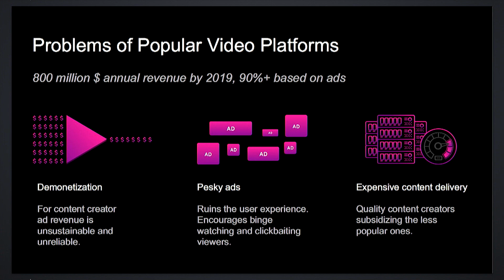And then the third thing is the whole infrastructure. I don't know if you know, but essentially YouTube is the biggest chunk of technology out there. It's so huge. It has exabytes of data, and if you've watched a funny video on your mobile phone of a sneezing panda or whatever, it's hugely expensive for YouTube to deliver this content on your phone when you want to see it. And the most popular creators on such platforms are actually subsidizing the whole long tail of unpopular content creators. But of course, these platforms make these videos available 24/7. Whenever you click it, in 1 second you can start watching this video if you have the